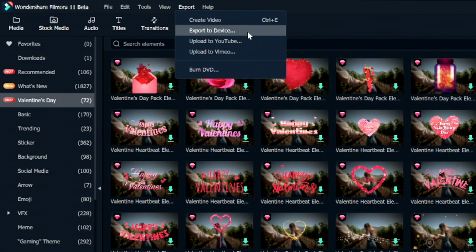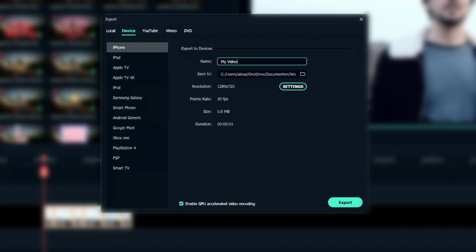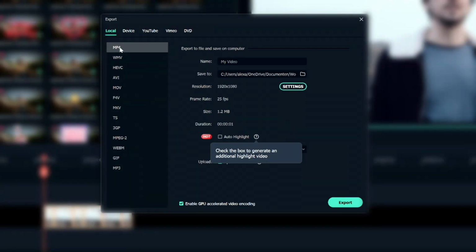So let's click on export to device, meaning that we can export it to our computer. Standardly, right here you will see device highlighted, but we're going to click on local. We're going to pick the format as MP4, and now we're going to make sure to pay attention to these